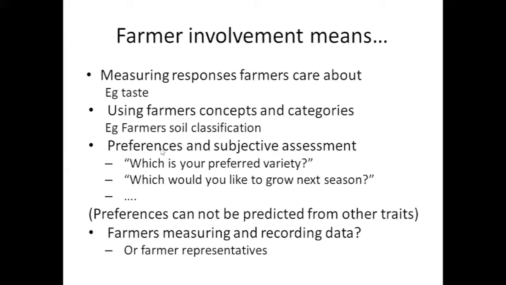These preferences are subjective, and sometimes we can understand where they come from and why they feel that way about varieties, and sometimes we can't. Sometimes preferences cannot be predicted from other traits. What that means is you should be measuring preferences for the options, not just measuring how well does it work